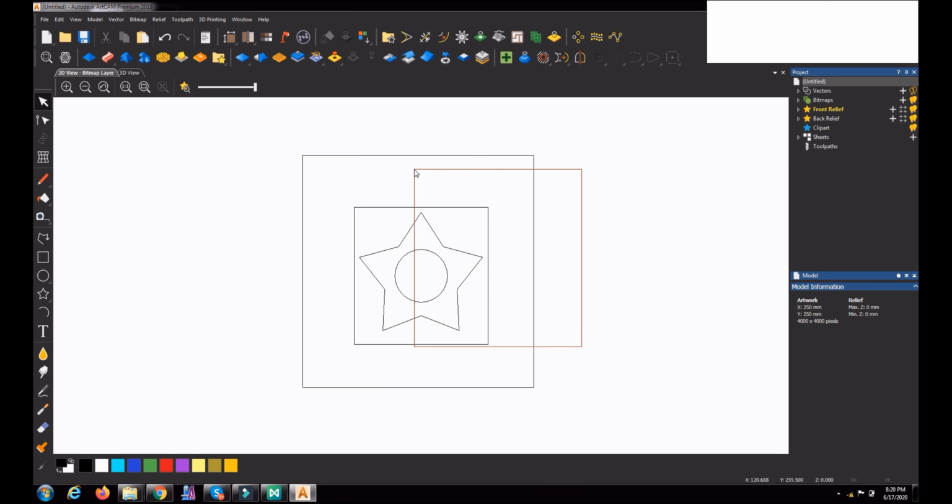If you are doing it in this direction, whatever object comes even partially into the window, the whole object will be selected. Even if only this rectangle partially comes in, it will be selected.